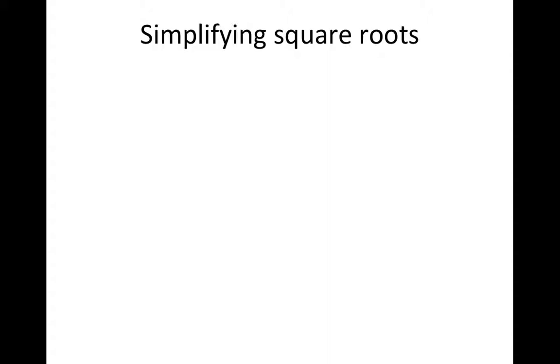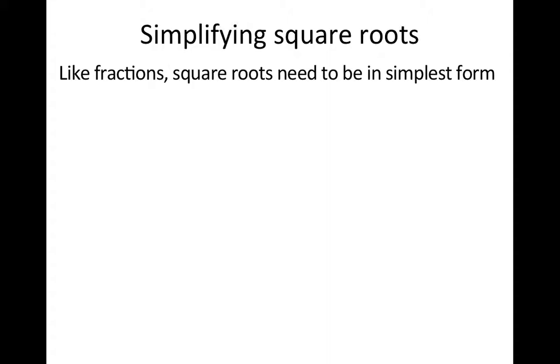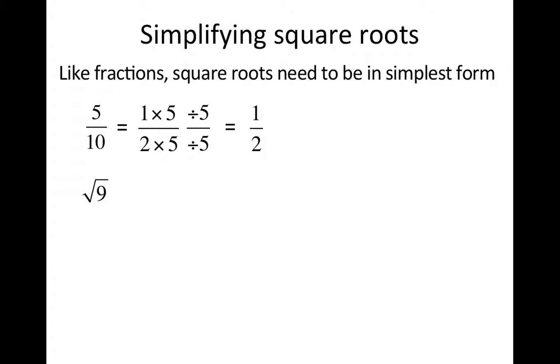So because of that, sometimes we have to simplify square roots. Just like fractions, they need to be put in their simplest form. If you're given a fraction of 5/10, we know what to do. We realize that that's 1 times 5 over 2 times 5. So if we divide by our greatest common factor of 5 on the top and the bottom, we end up with 1/2. If you were given the square root of 9, you need to realize that it's the square root of 3 times 3, because 9 is a perfect square,